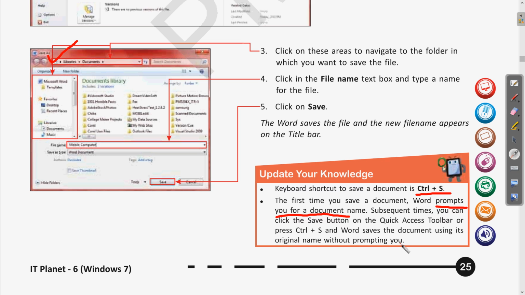So for all these modifications, when you want to save further, if you press on the save button or on the quick access toolbar save or Control plus S, so again if you are saving this for the second time or the third time, then it will not ask the name. Only the first time when you are saving it, it asks you the name by which you are saving. Clear? So this is the process of saving. You can save the document so that it can be used later.